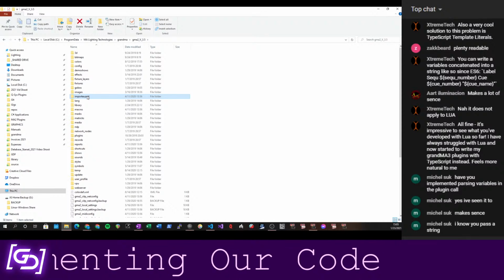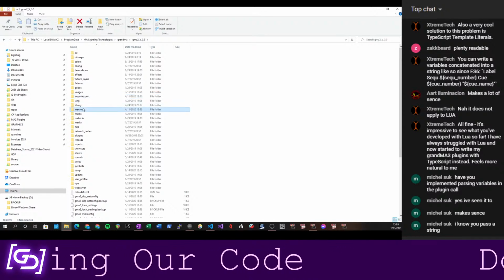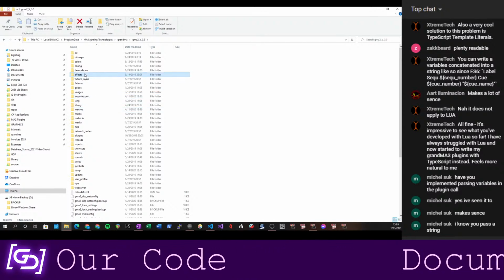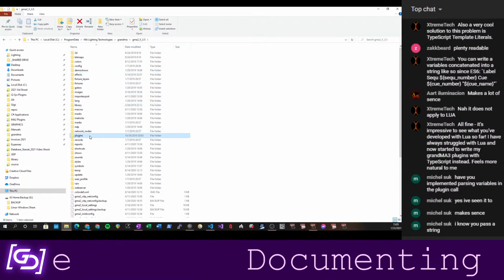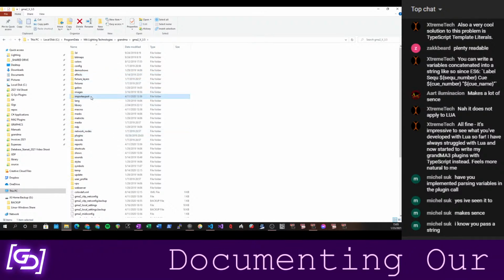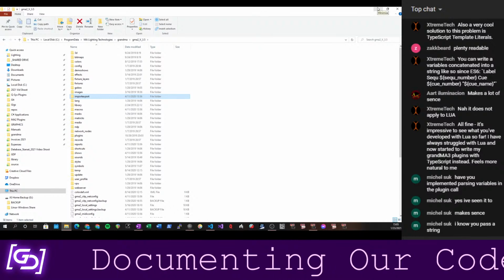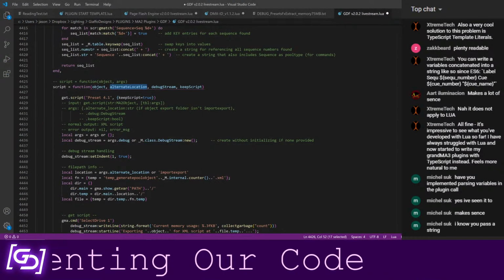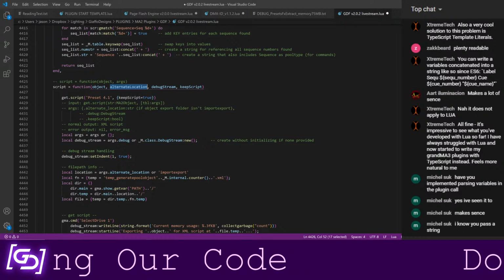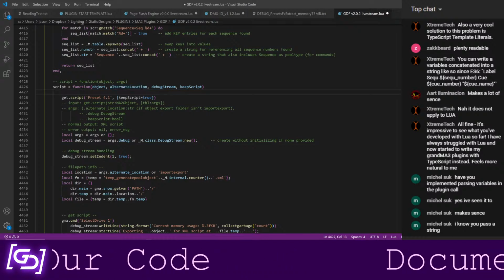It could go to any one of a number of folders. Most commonly, it'll go to import export, but if you're exporting a macro, it'll go to macros. If you're exporting an effect, it'll go to effects. There are a couple of types of objects that have a specific folder. The rest of them just go to import export. So the whole purpose of that argument is just to tell it, does it go to one of those alternate folders? And if it does, what's the name of it? If I'm just exporting a preset, that goes to import export.